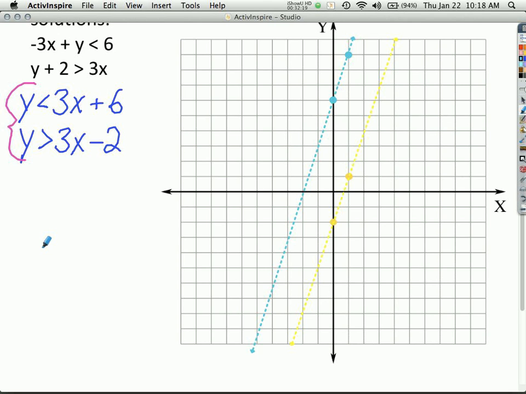Now, I did the boundary lines, but I did not do the shading, and I did that on purpose. After the last example, I asked you guys for observations, and I called on this group here. And Sean first said, the lines are parallel, there's no solution. He said it almost as one statement: lines are parallel, no solution. Which is true if they're equations. Last example, that was true. What about now?